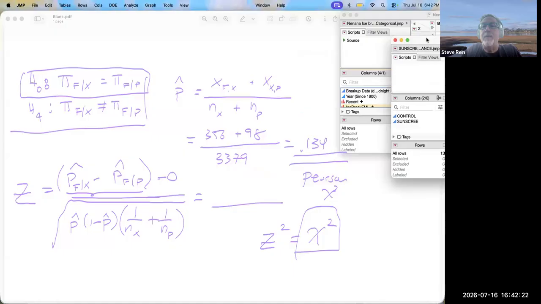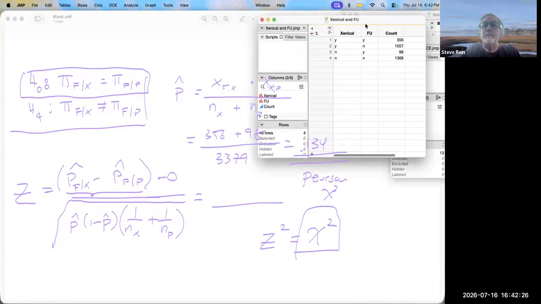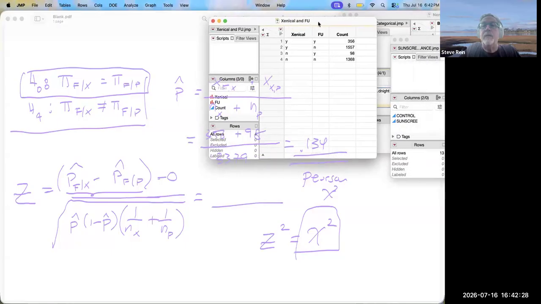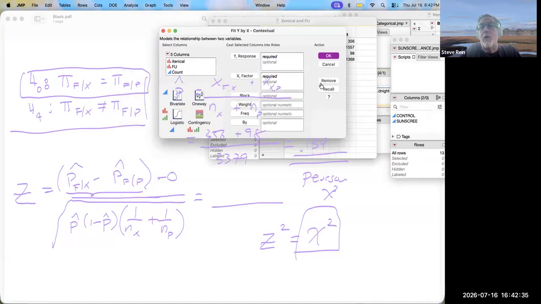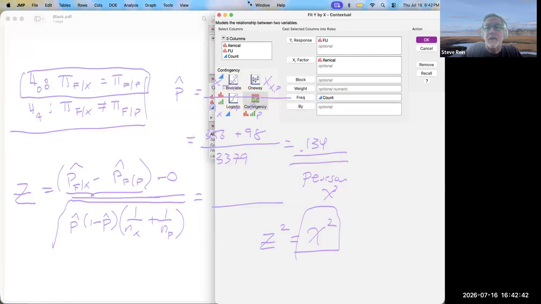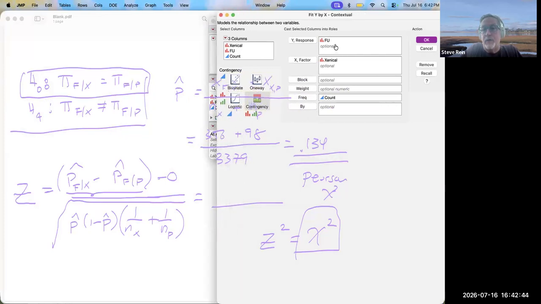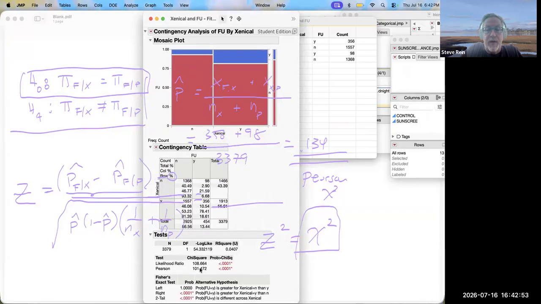So let's go ahead and do the Pearson chi-square again, and this is this data set. Again, if you were to use Fit Y by X, we would say, recall that, how does the fecal urgency depend on whether you take Xenical or not? Fecal urgency depends on Xenical or not. And then the count is your count of occurrence. Your Pearson chi-square value is